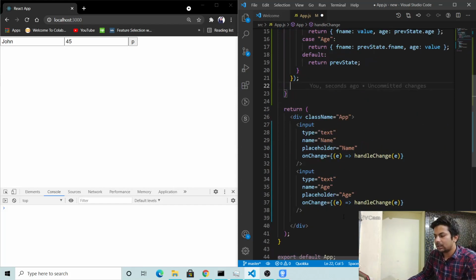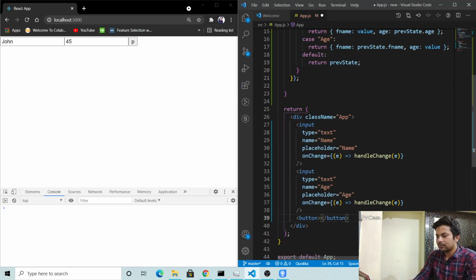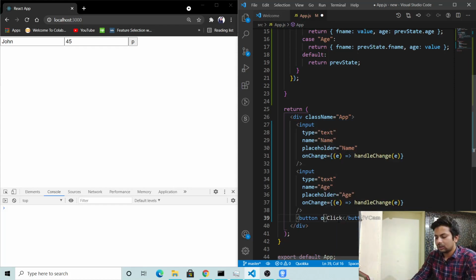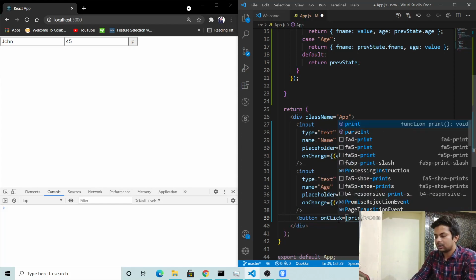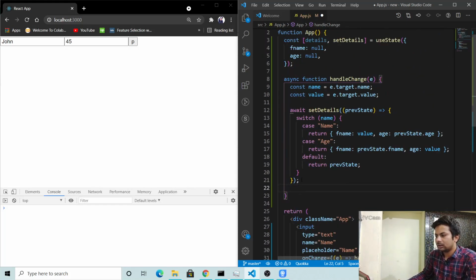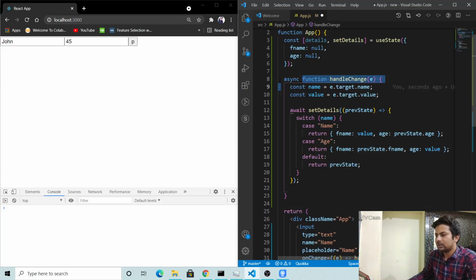So we can just make a button and check it manually. Button, and we'll say click, and we'll call a function on click, and we'll say print, normal print, and here, you can just remove that, that's not necessary, and this is also, yeah.